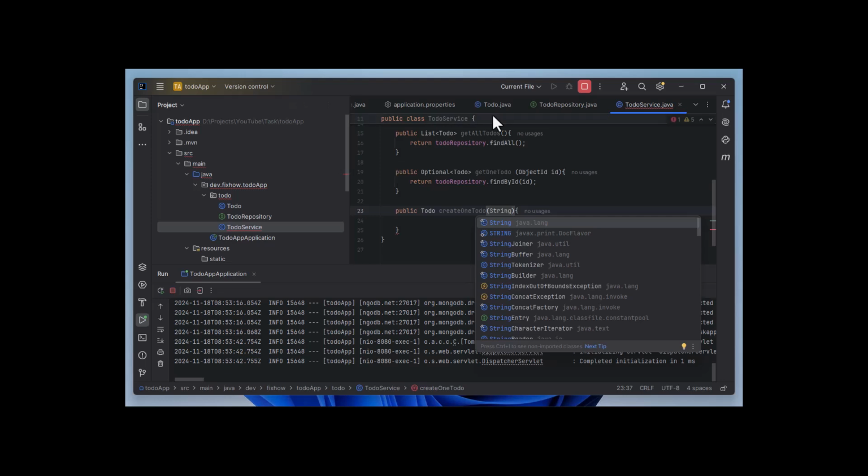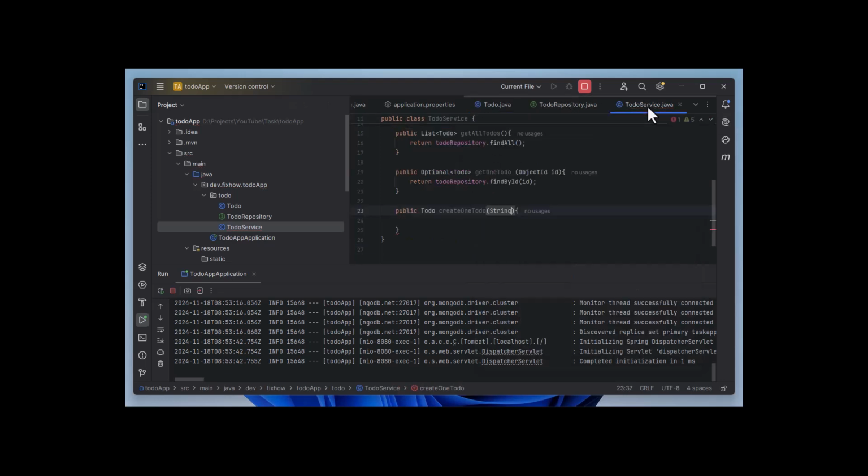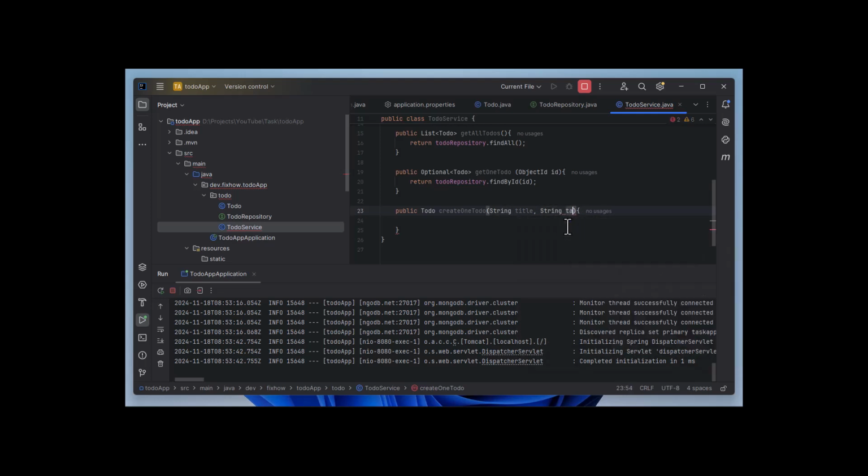I'll come here and I'll say String title, String task, then boolean isCompleted, then